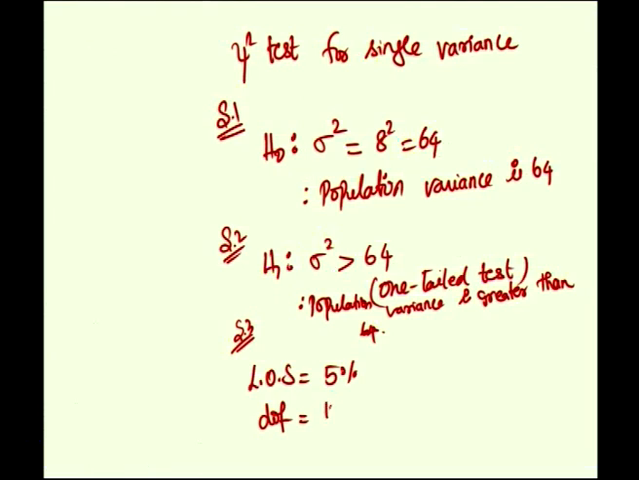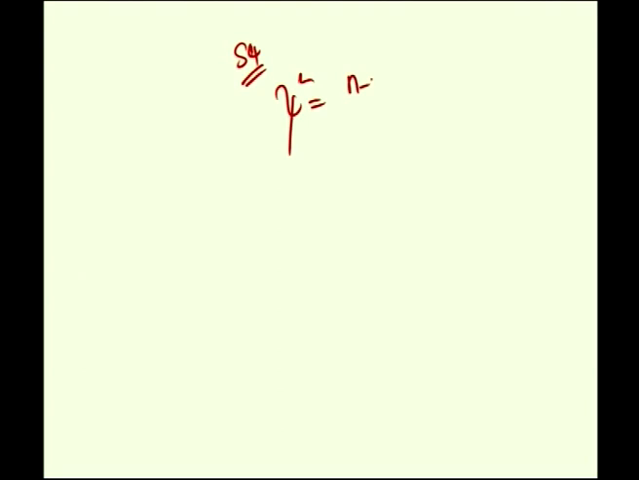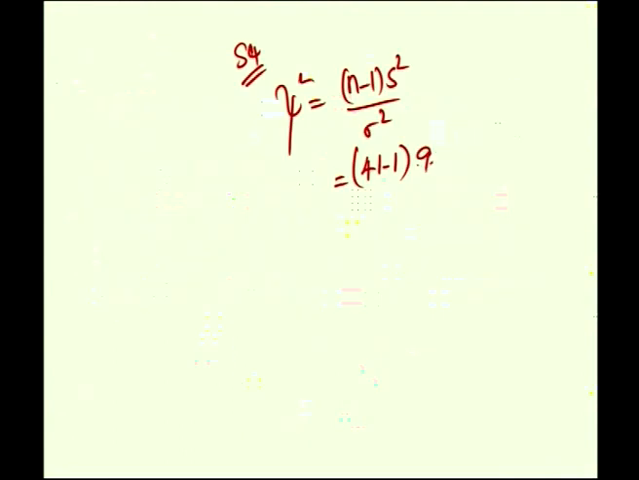and degrees of freedom is n minus 1. So 41 minus 1 is 40. Chi square is equal to n minus 1 into s square by sigma square. N is 41, so 41 minus 1 into what is the s square value? S is 9.6, therefore 9.6 whole square by sigma square, which is 8 square, and this value comes to be equal to